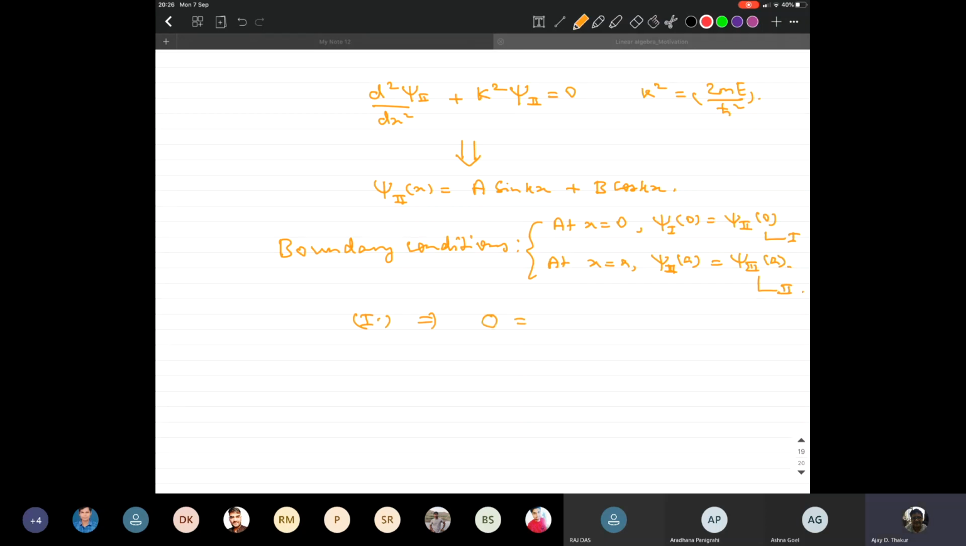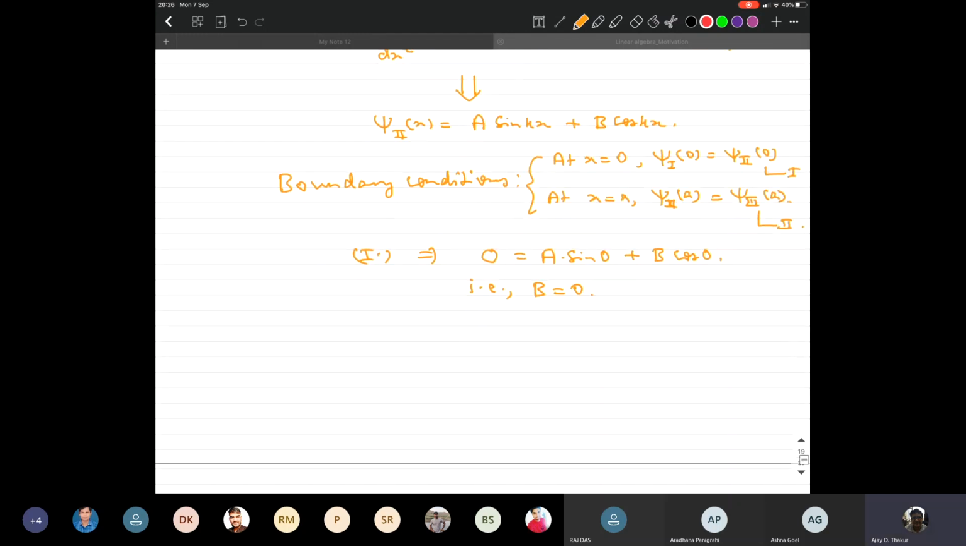So condition 1 implies 0 equals a sin 0 plus b cos 0. That is, b equals 0 straight away, right? And then condition 2 implies, since b equals 0, that a sin ka equals 0, and thus